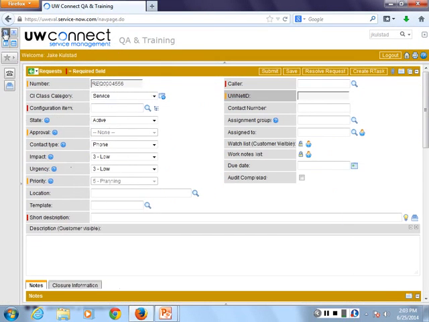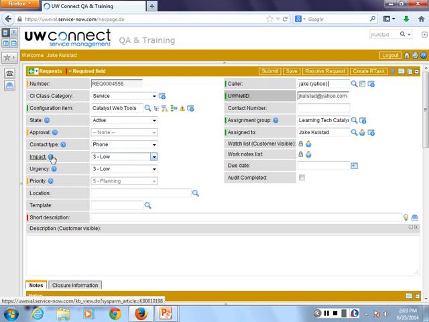I'll click on create new request. And by now I hope that these form fields are looking comfortable to you. So I'm going to type in my configuration item. Note my assignment group. I'm going to remember to assign it to myself, so I'm going to add me to make sure I can find this request. I'm going to pick the same caller just to get this built out and get started. Everyone have your data populated?